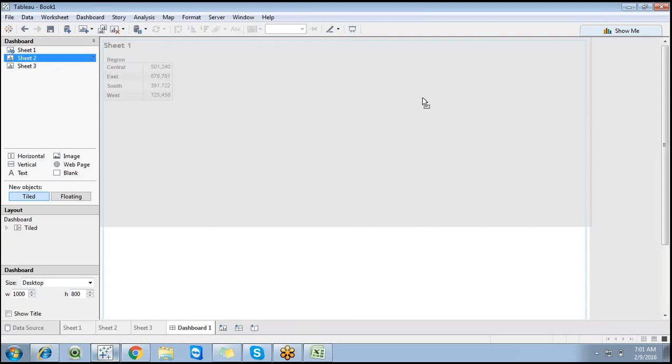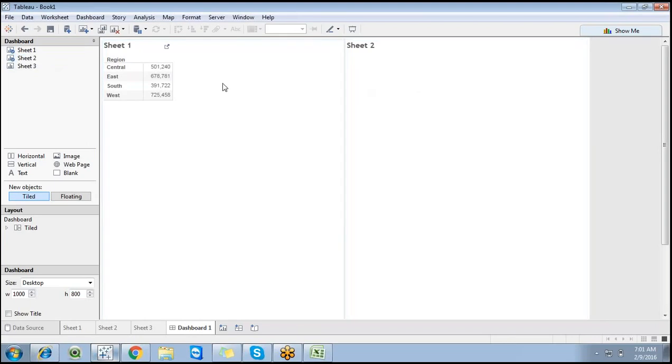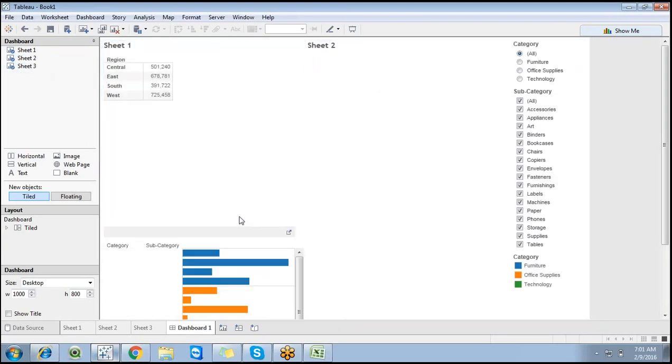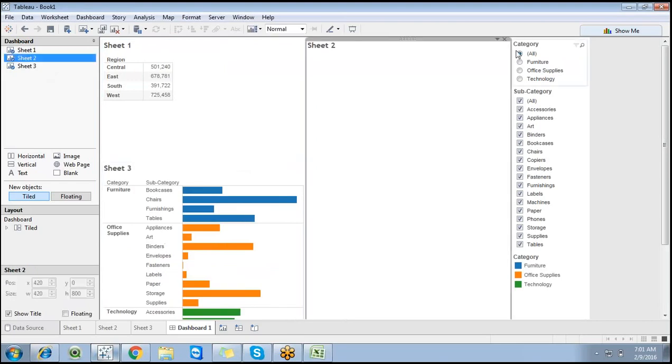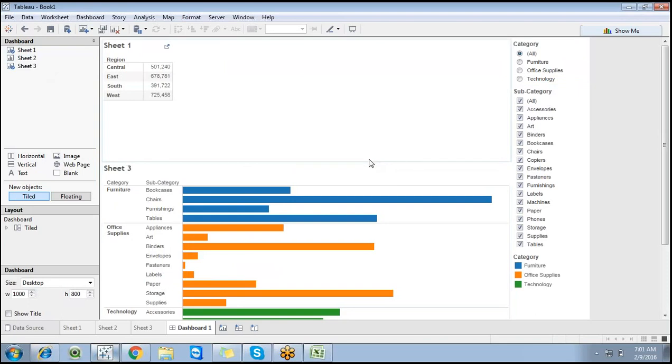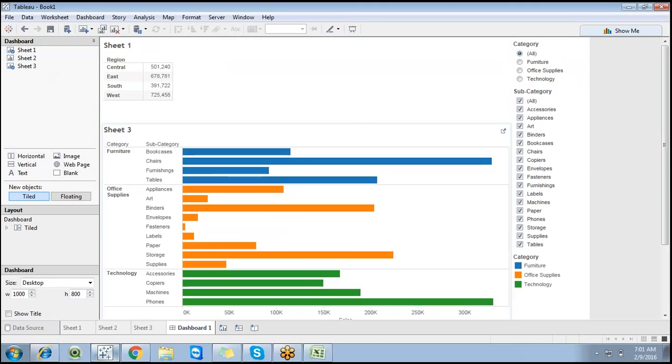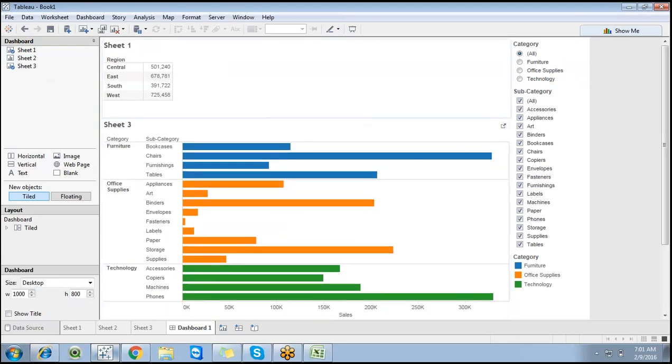So now just go with one simple report. Just drag and drop another report here. Sheet 2. This is sheet 3. So we have to place more sheets. Now this is a simple dashboard where we have region wise sales and category subcategory wise sales. Now you can see it takes about 1 by 10th, or 10%, of this particular space, right? Only the filters are capturing 1 by 10th of the space.